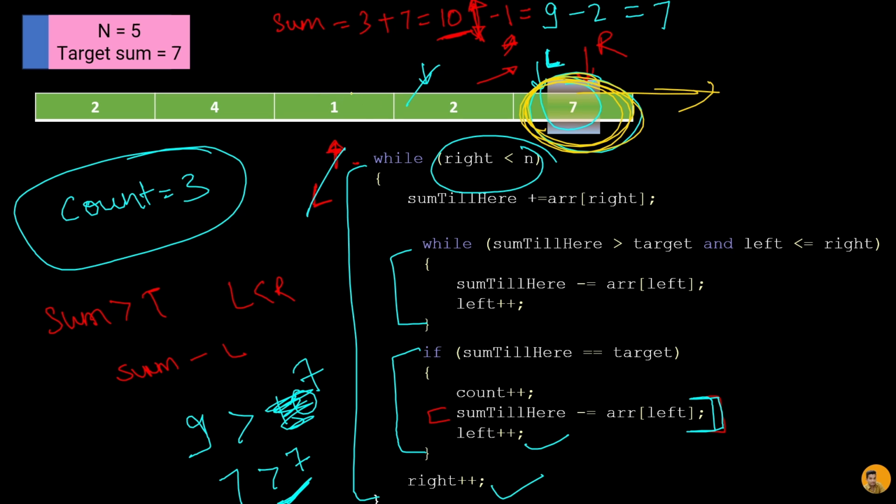But no matter what, or even if you had 7 even here also, whenever our sum becomes heavy, we will start removing from left, we will start shrinking the window by increasing our left warrior, and we will somehow reach this, because right warrior is our main warrior. It is fighting the war zone, and left is just following it. So this was the easy explanation, and let's just write the same code which I have written and push it